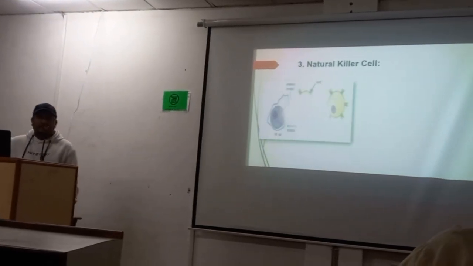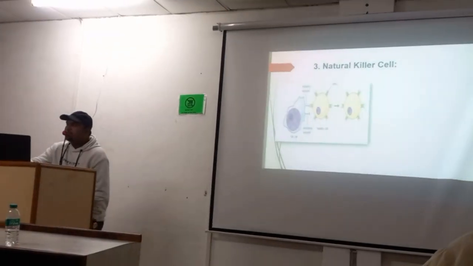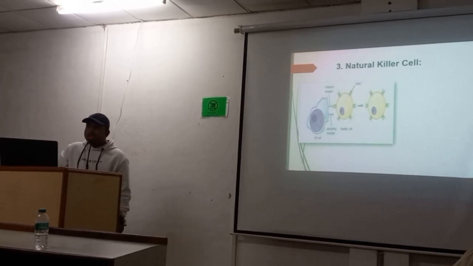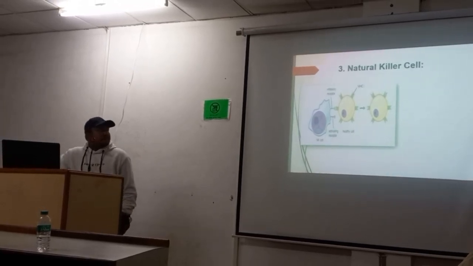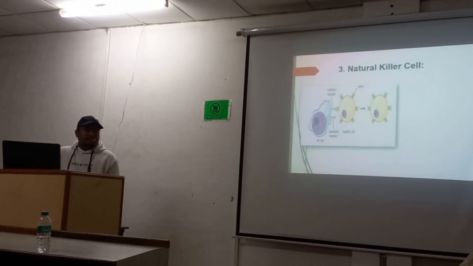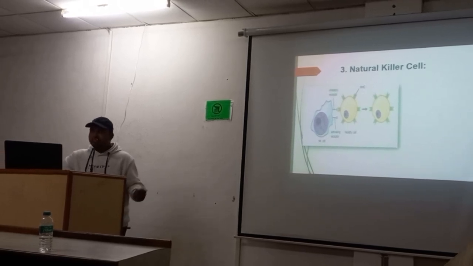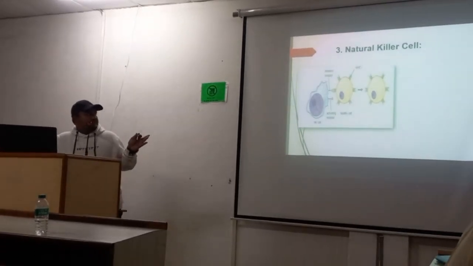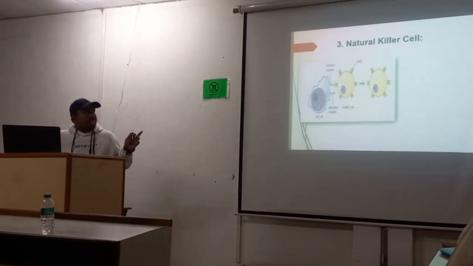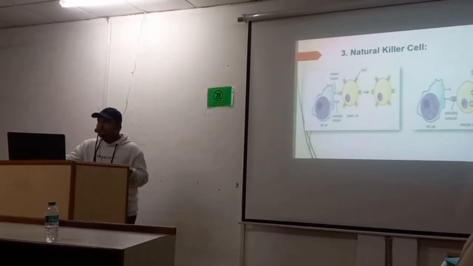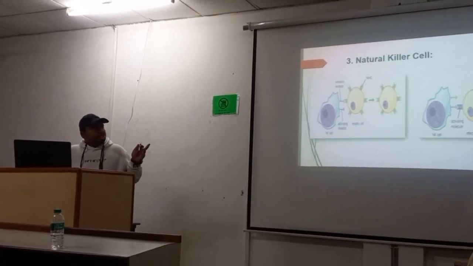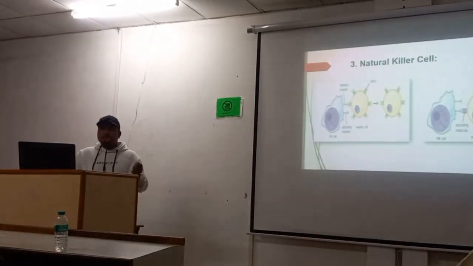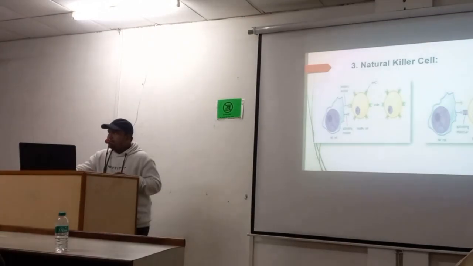Next is the natural killer cell. The main function of the NK cell is to destroy infected cells. The natural killer cell contains two receptors, inhibitory receptor and activating receptor. The healthy cell contains MHC1, major histocompatibility complex 1. The inhibitory receptor of the NK cell binds with the MHC1 molecule and inhibits the function of the NK cell. If the cell is infected, suppose by a virus, then the NK cell activating receptor will bind to the activating molecule of the infected cell and produce two components, perforin and granzyme. Perforin will make